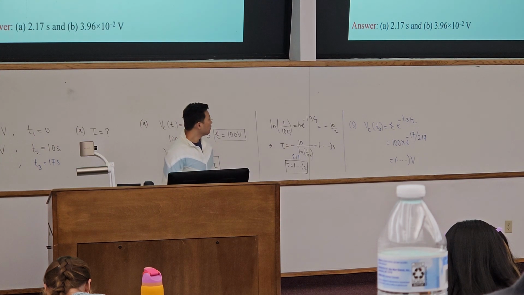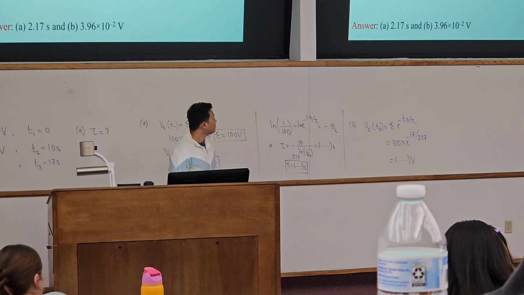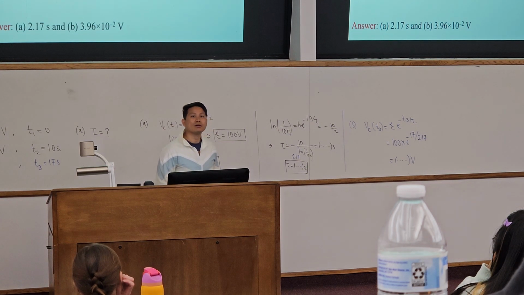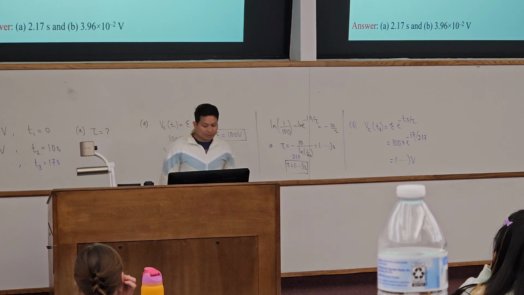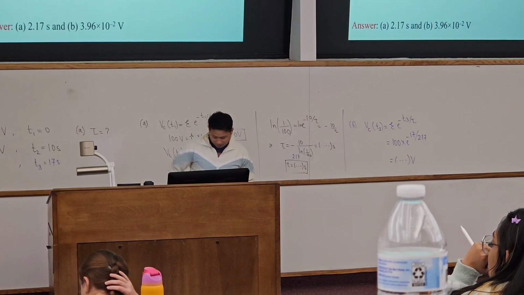So, it's a very simple calculation. According to the answer, you're supposed to get 3.96 times 10 to the power minus 2 volt. Okay, make sure that you get that number. Okay, with this, I want to finish this long chapter,